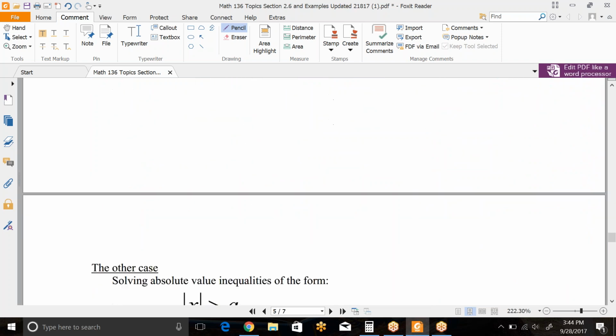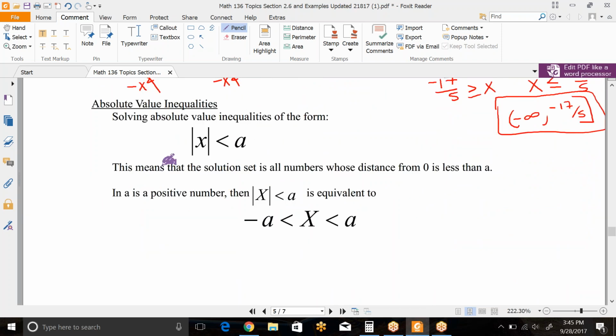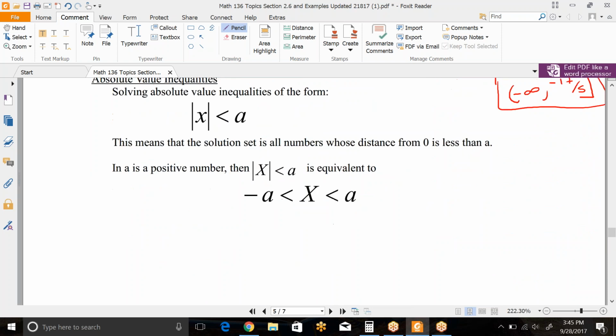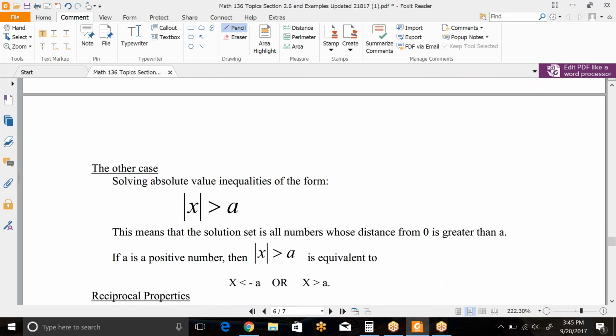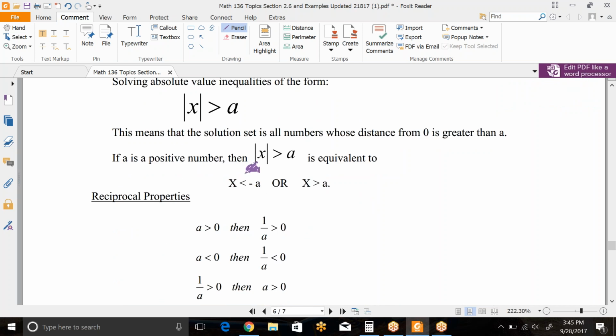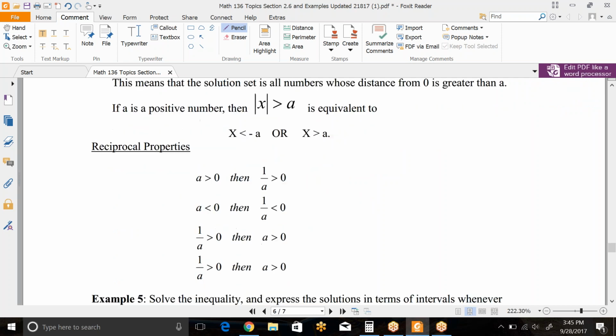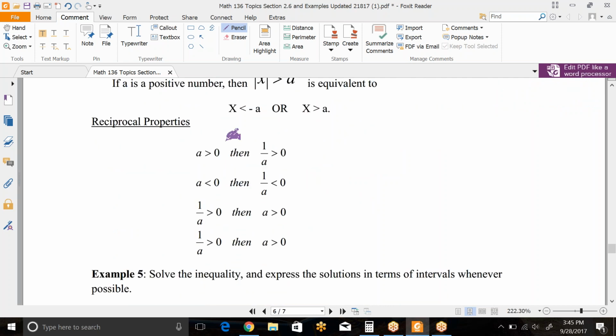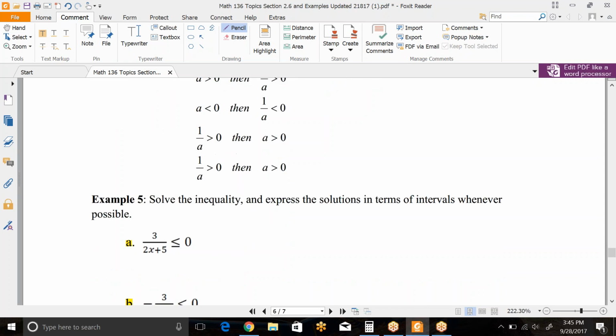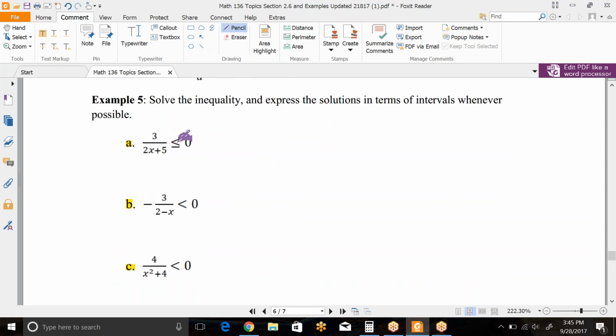We talked about absolute value inequalities. If you have a less than, you put the argument in the middle and have it set between the -a and a. If it is a greater than case, we have the argument inside is less than the negative case, or the argument inside is greater than the positive case. We didn't go over the reciprocal property in class because I told you that's a lot to remember. I actually solved these just the same way we did in section 2.7. So I'm going to use the 2.7 method of solving